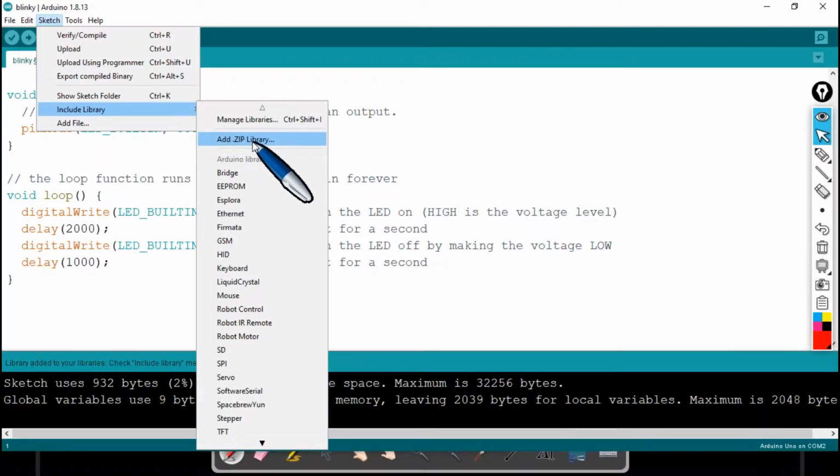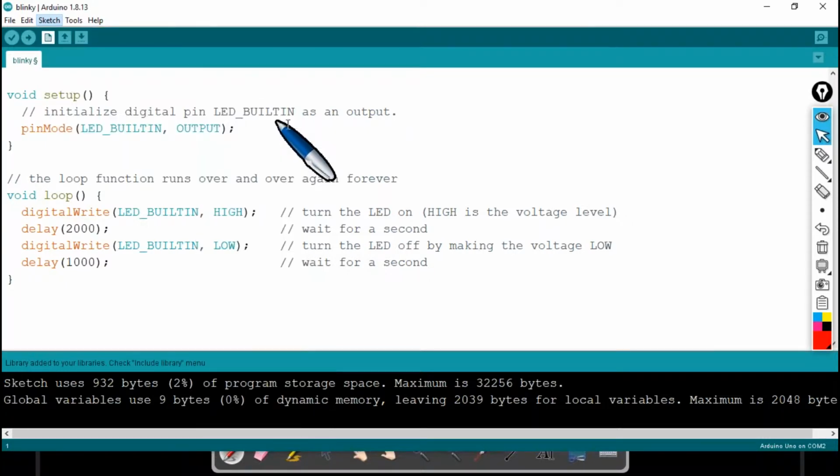I can also find the library files available online, for which I can go for Manage Libraries. Just by hitting on this Manage Libraries, this Arduino IDE returns one more window, and I can straight away find the specific libraries online.